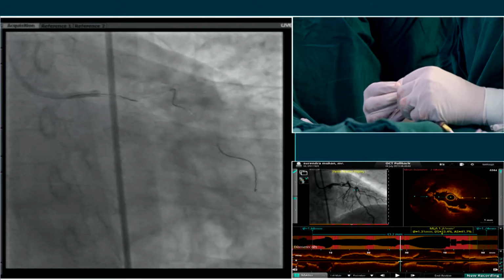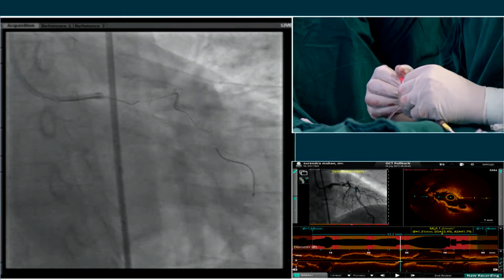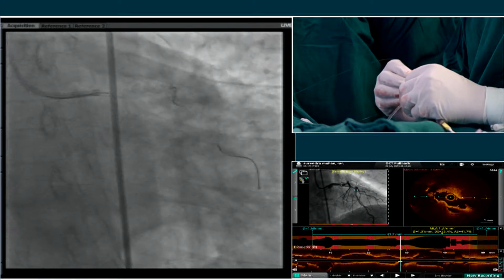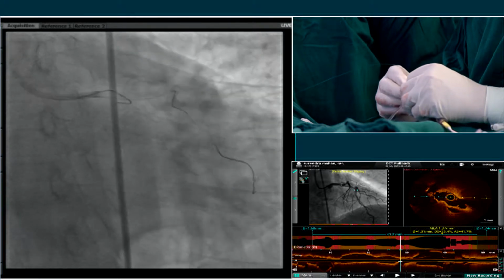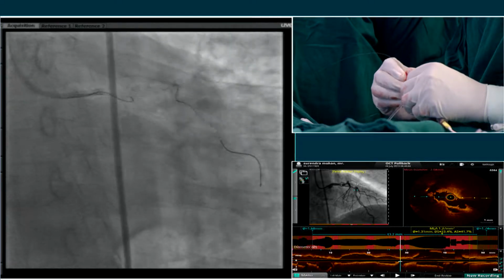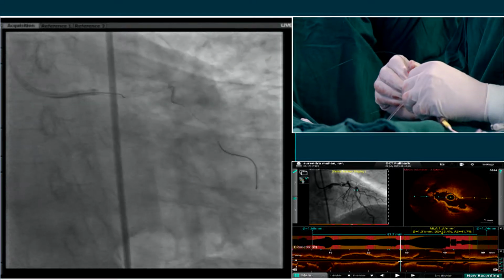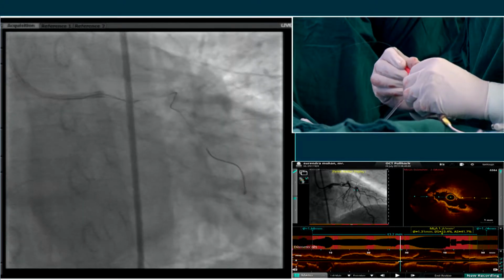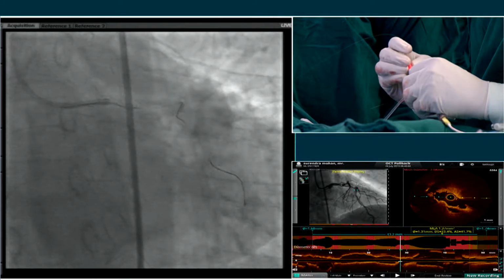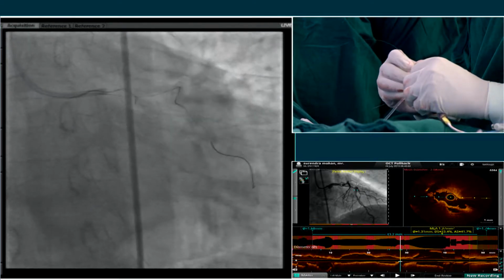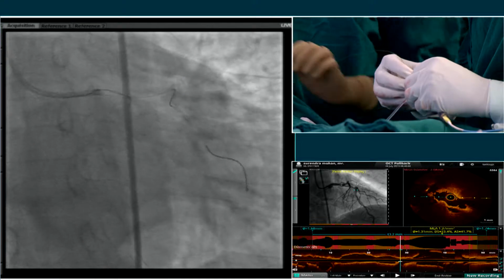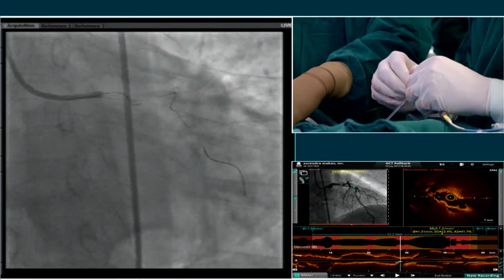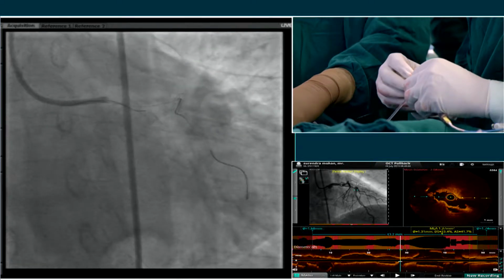Do you have any preference of wire to cross the struts of the crush stent? So there's a question of which wires do we like to use to recross into the circumflex. I like to just use a workhorse wire. I use Prowater or Sion Blue. If I get difficulty like this, I may use a polymer tipped wire, but I always worry that, right,